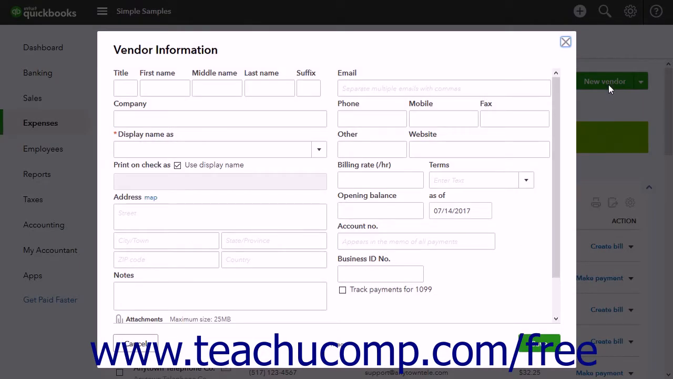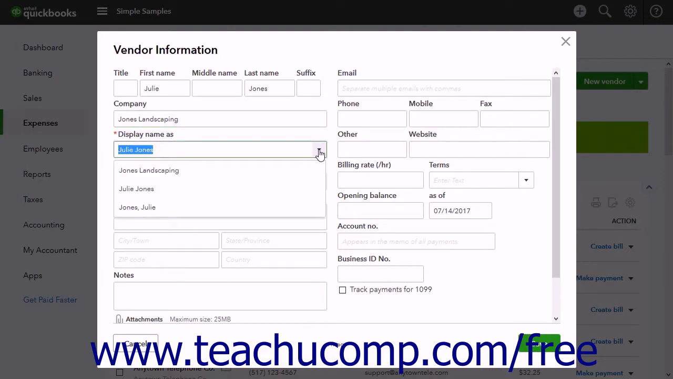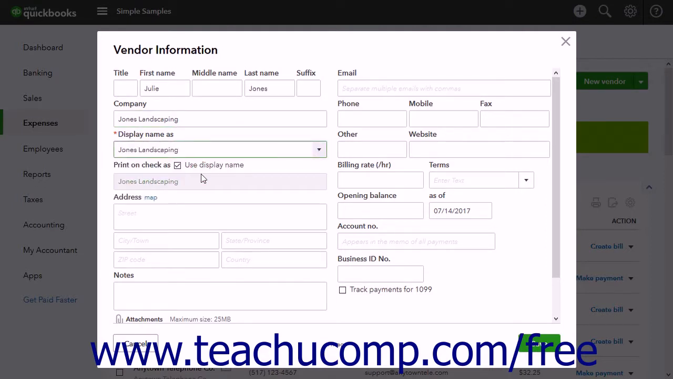window. Enter the vendor's name into the title, first name, middle name, last name, and suffix fields. Then enter the vendor's company name into the company field. Use the Display Name As dropdown to choose how to show the vendor's name in your lists and forms. Below the Display Name As dropdown is a Print on Checks As field. To use the display name as the name to print on your checks to this vendor, check the Use Display Name checkbox. To use a different name, uncheck the checkbox and then enter the name to print on checks into